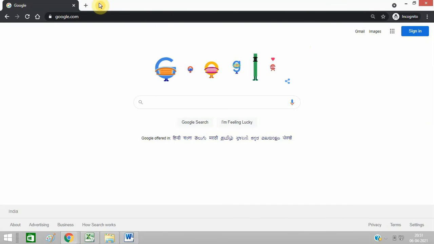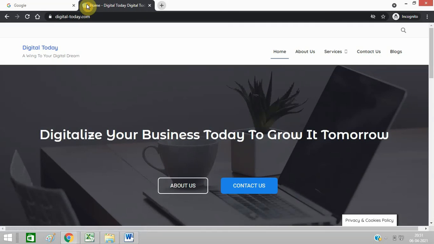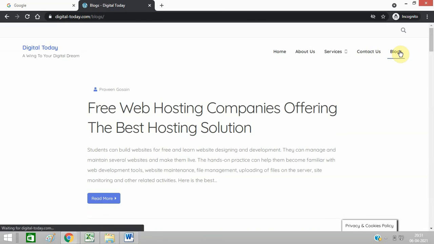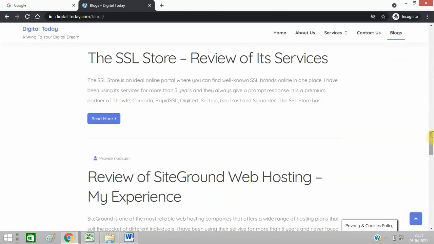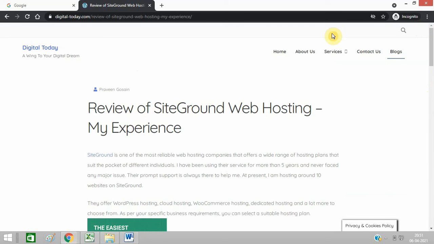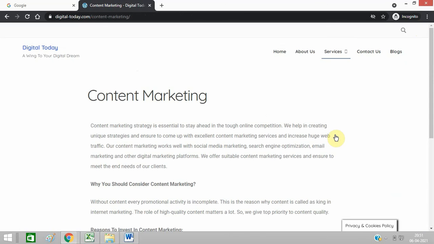After doing this process, let's check whether my website is working or not. Let's check the URL. You can see my website is now restored using the Updraft plugin. You can check everything like the about us page. You can go through all the pages, they are the same. You can go to blogs. My website is live again now. I can open anything and it is working fine. I got my content and all plugins and everything back, and my website is back to normal. You can see everything showing similarly, no problem at all.